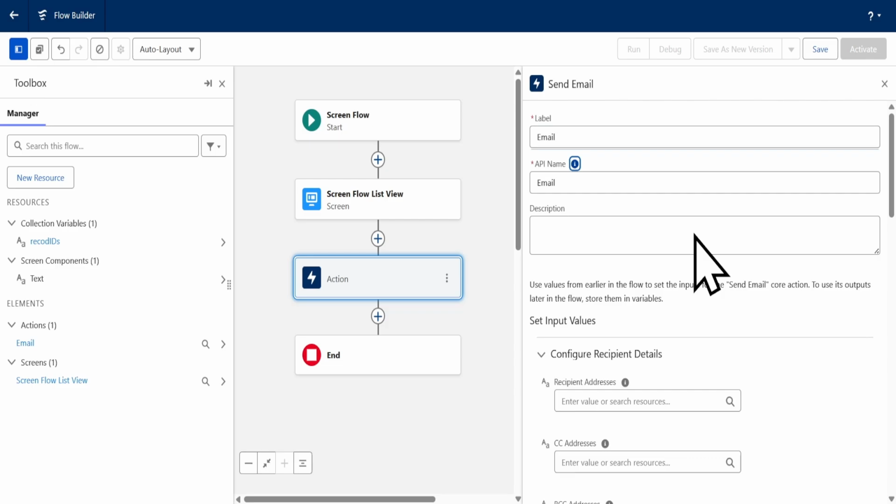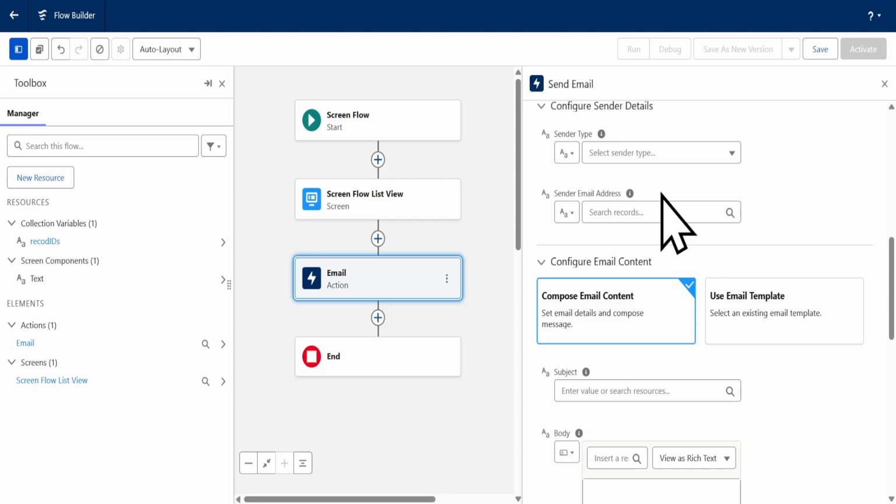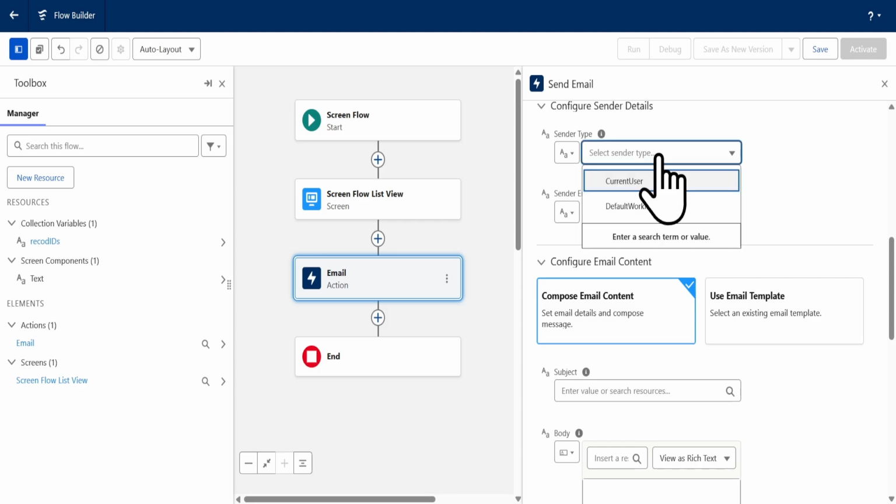Then, type the email body content you want sent to recipients. Click Save to store your changes. Provide a descriptive label for the flow. The API name will autofill. Save again to finalize. At this point, your ScreenFlow is ready to be launched by a List View button, which